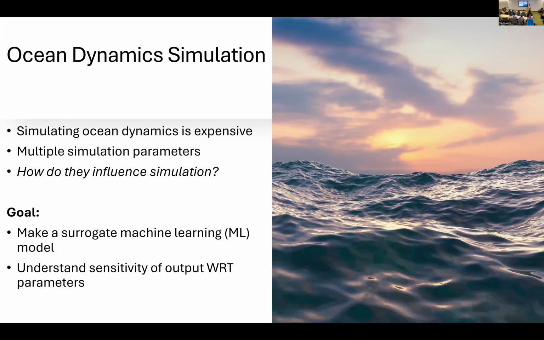So first, an introduction to the research problem. Ocean dynamics simulation is simulating the movement, temperature, and salinity of ocean water across dozens of years, across long time periods in the future. However, fully simulating this is very expensive. There are methods to speed this up, such as using a coarser grid size in simulation. But this results in a loss of information in subgrid things like eddies and vortices smaller than a single grid. And this would lead to errors in simulation.